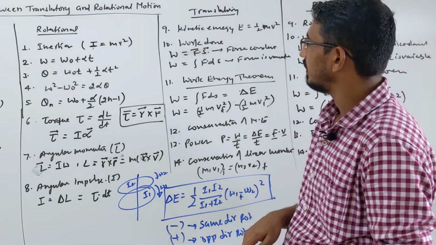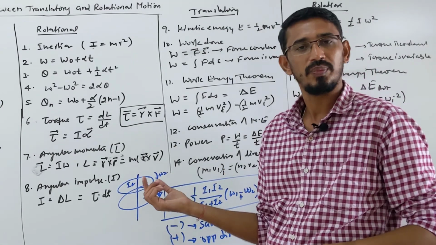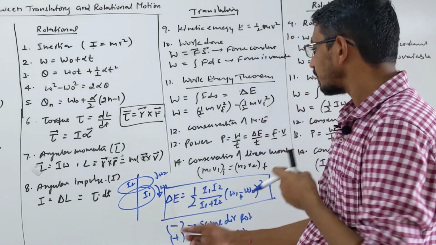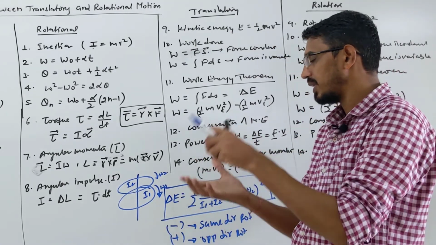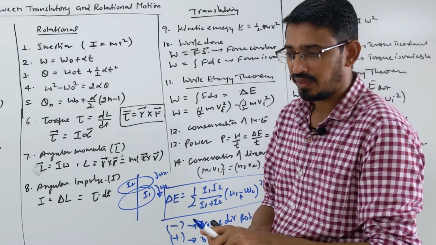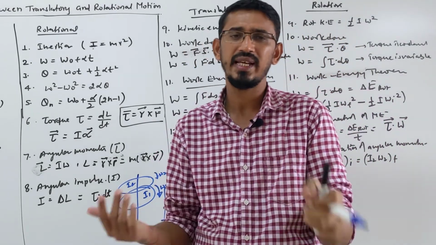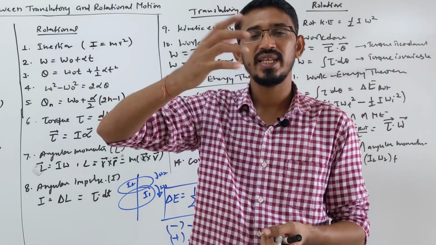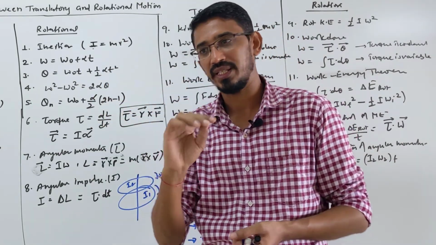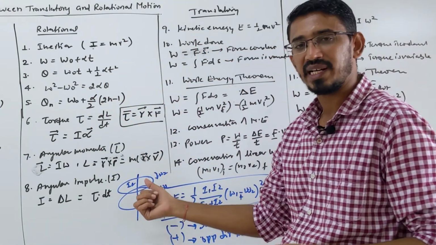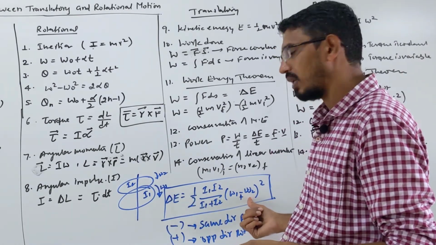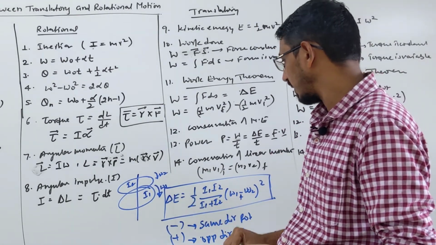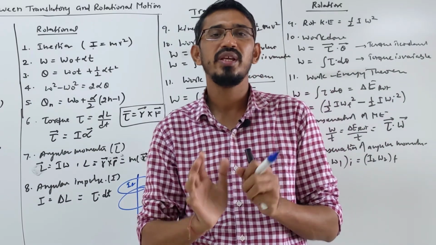You should write this in your rotational kinetic energy topic itself, okay, but I forgot that time. So write it here. When one disc is rotating, or a ring rotating, doesn't matter. Generally they ask disc only, okay? Yes. So another disc is placed over this. The second disc may be rotating or maybe at rest. If at rest, generally it is at rest actually, okay? So the omega 2 term will be 0. Only omega 1 square will come, right? Then friction will happen, so energy will be lost.